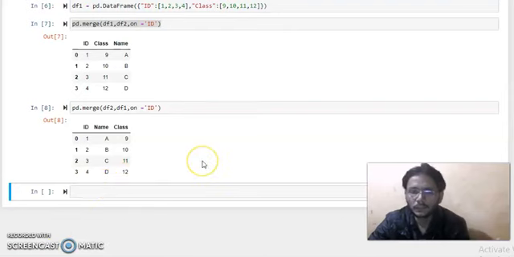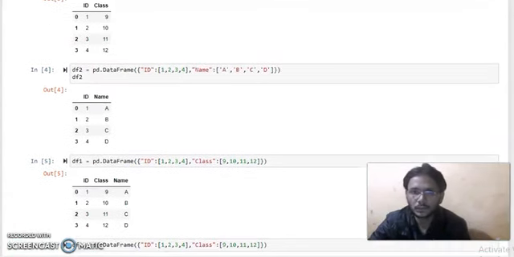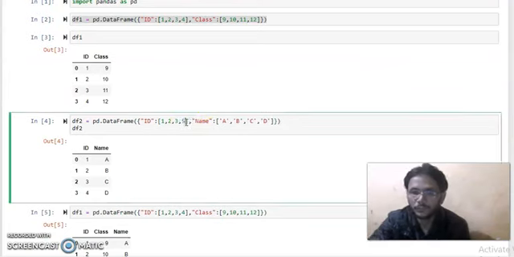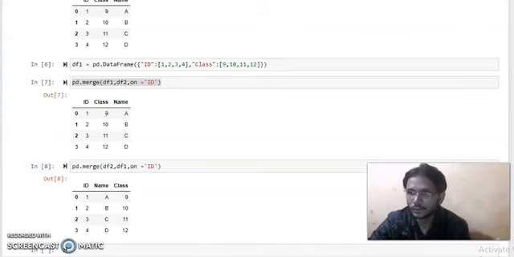Now if we have a problem of this type, if the id column is not the same in both data frames, what will happen in this condition? Suppose we write here 5. In df1 we have 1 2 3 4, and in df2 1 2 3 4 5. So in this condition, it only prints those values which are common in both ids. So simply we call this here